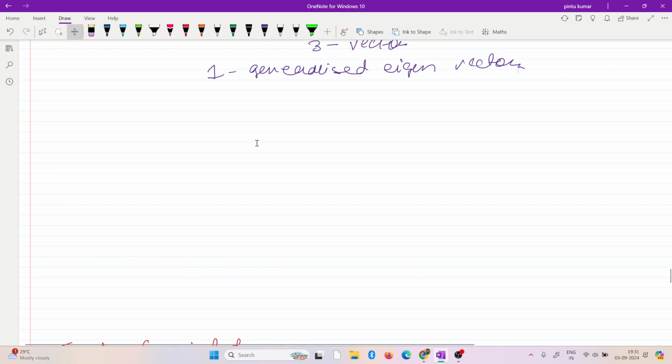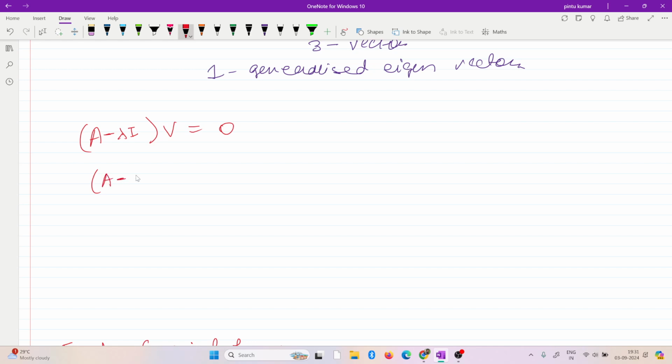So how is generalized eigenvector defined? How was eigenvector defined? Eigenvector is a non-zero vector v satisfying this, right? This is what was our eigenvector. Now what is generalized eigenvector? Generalized eigenvector is a non-zero vector v, satisfying this such that